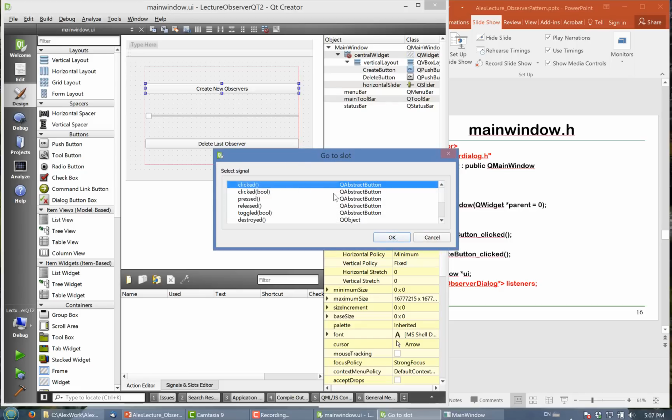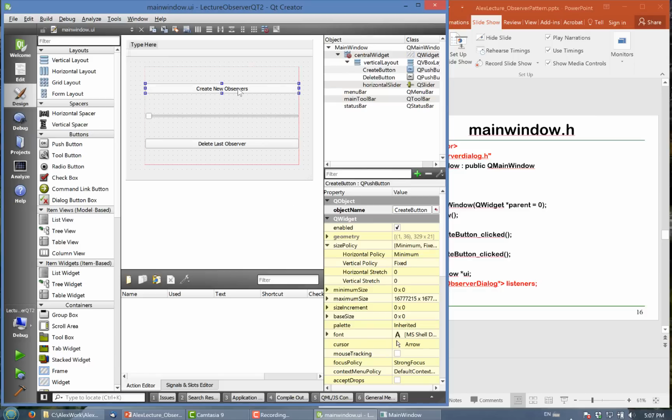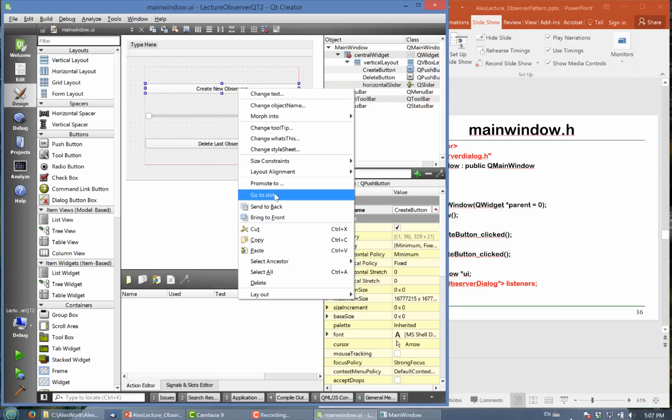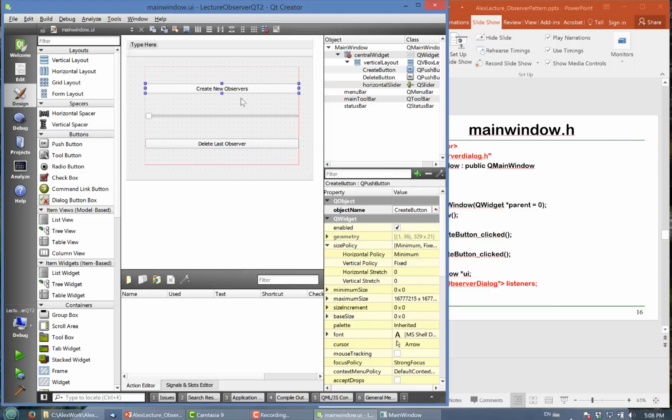Then you will choose the signal. So this one we choose clicked, then you will automatically go here. It will automatically create this on create button clicked, and then you will type in the code here. So basically when you right click, go to slot, then you choose clicked, then basically you will have